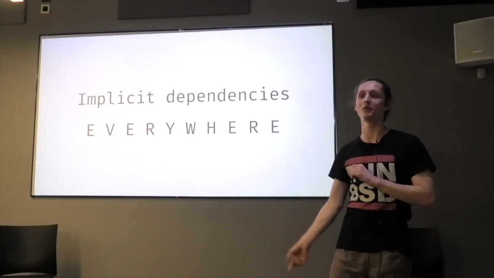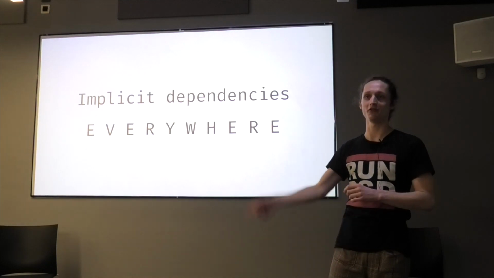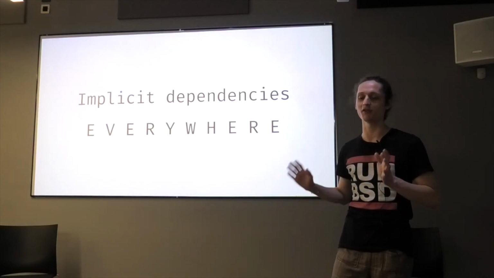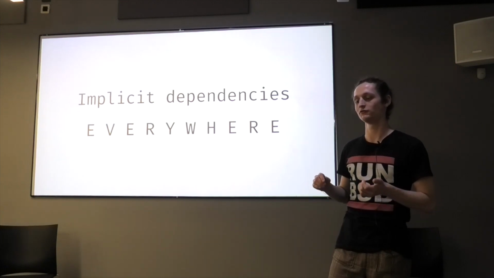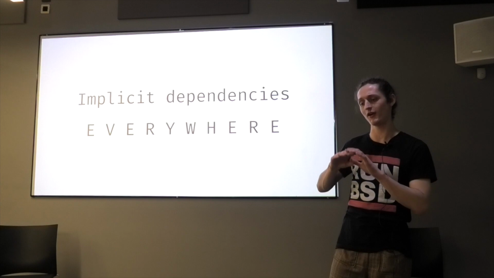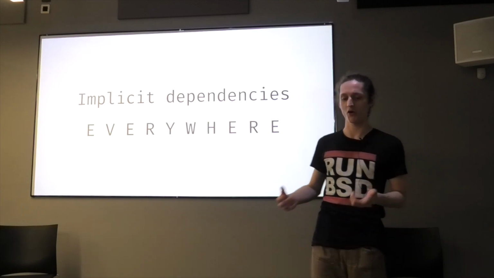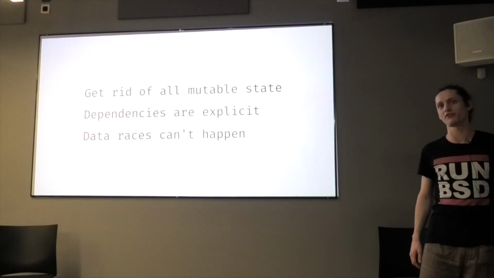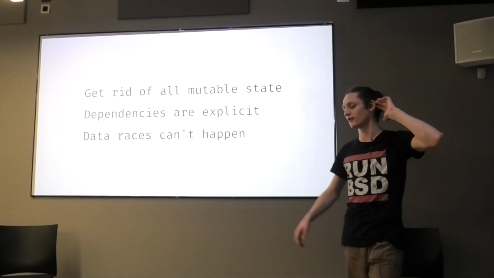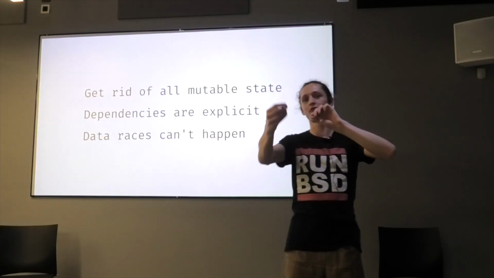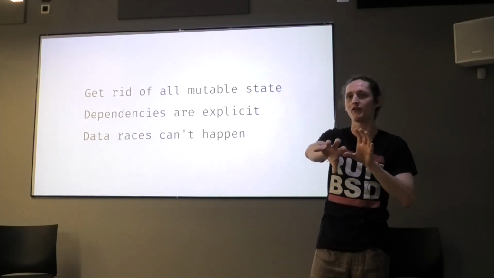And if someone else makes some change further up the program, that can mess that up, and you can have unexpected behavior. And it's all because of just these hidden assumptions about the state of things. So if you get rid of that mutable state, the only way that one bit of a program can influence another is by returning a value and then that value getting passed into the function.